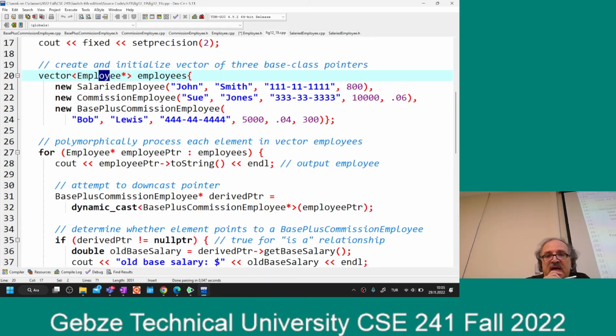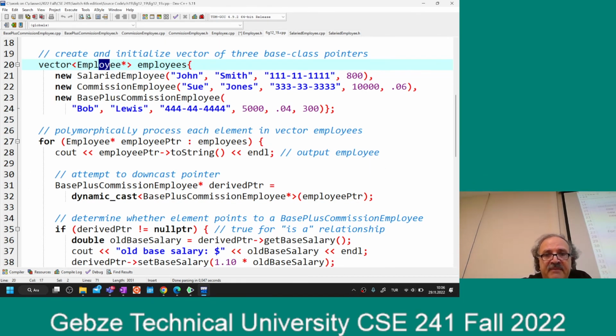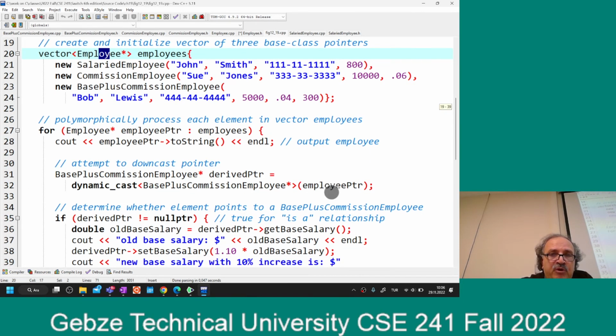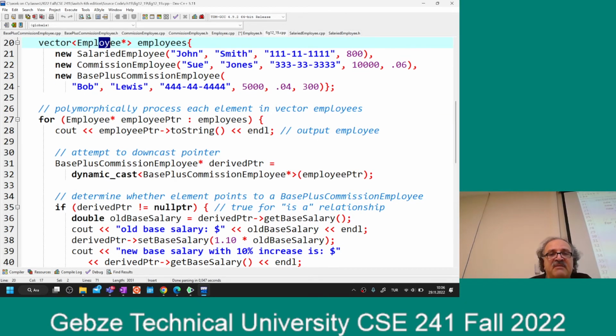I typecast this employee pointer using this operator, dynamic cast, to a base plus commission employee pointer. If this typecasting is successful, it's going to give me a non-null pointer back, and I'm going to check it. If it is not a null pointer, then this conversion is successful. If it is a null pointer, then this conversion is not successful. If it is successful,